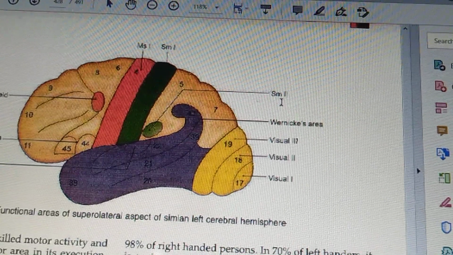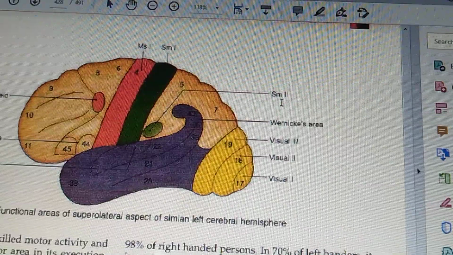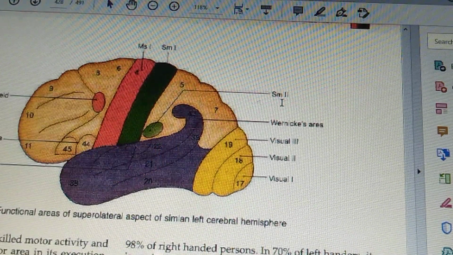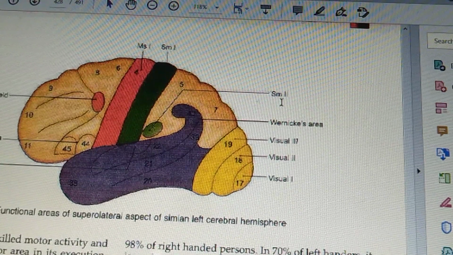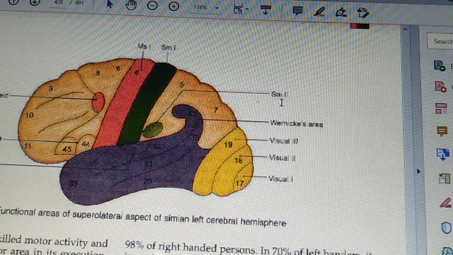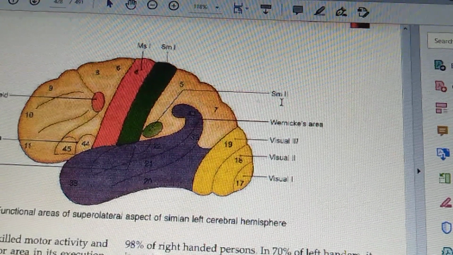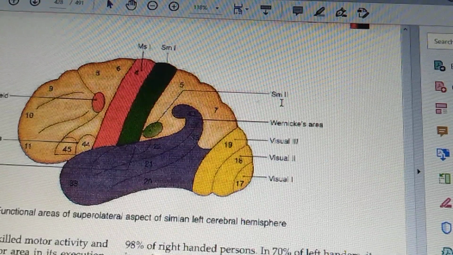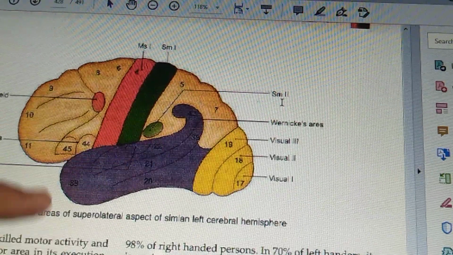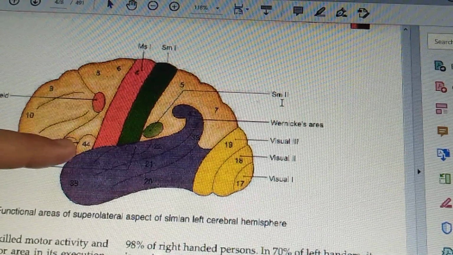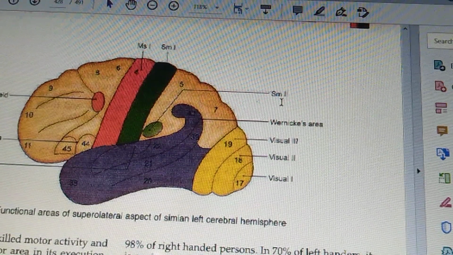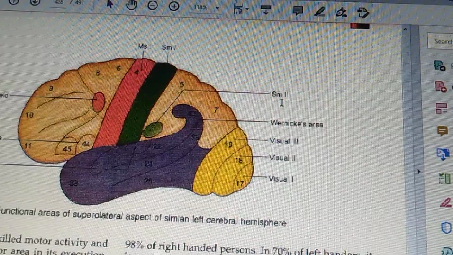Okay. Next is the receptive speech area of Wernicke. We have last time also seen here area number 22. This is known as the sensory language area. It consists of the auditory association cortex and of the adjacent parts of the inferior parietal lobule. Last time we talked about this along with Broca's area. So this 22 is the Wernicke area related to the language function, also called the sensory language area.